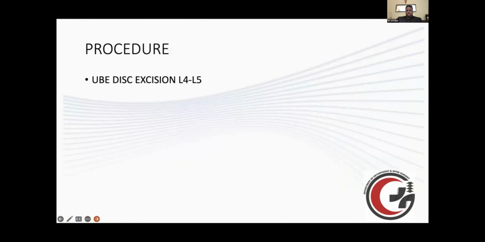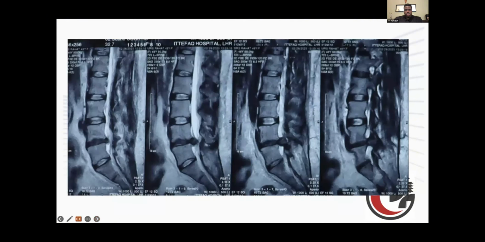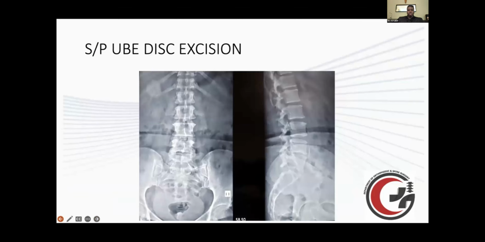A question for Dr. Umair or Dr. Rizwan: pre-op, before the first MIS disc excision, do you get flexion extension films? Was there any sign of instability? And if you do recognize that somebody has a sacralized lumbar vertebra, is that a relative contraindication for you to do endoscopy or any endoscopic techniques versus a more open procedure?